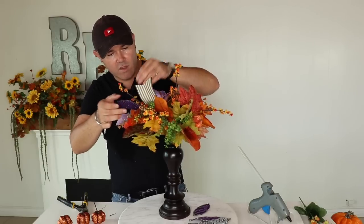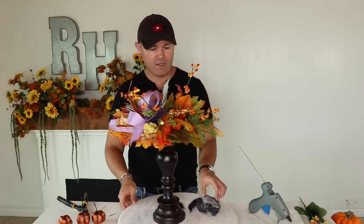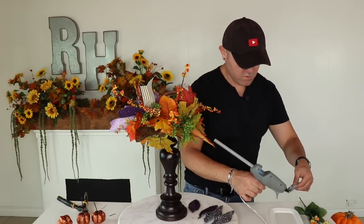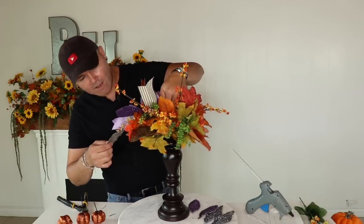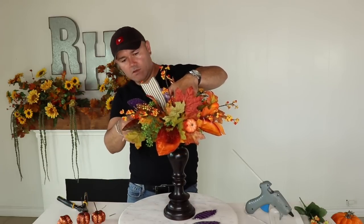I'm gonna start right here with a bow. And so I added a purple one, and now I'm gonna add a black one, so I'm gonna add more glue to it right here. Isn't this fun, you guys? This would be so beautiful on a server, on an entryway table. It just would be so pretty in your home like this,